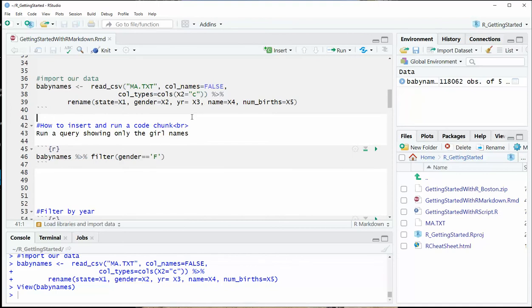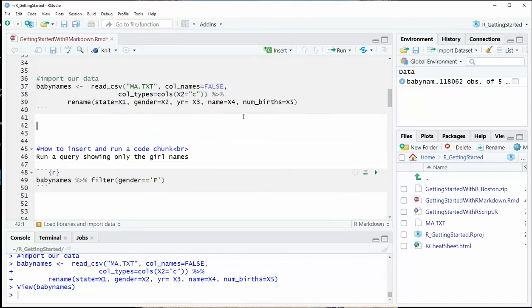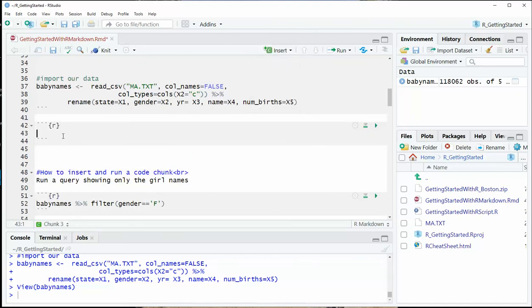So you can insert a new chunk of code by going to Insert and choosing R. And you can see that there's all kinds of other things you can insert into a Markdown page. We're going to stick with R, and see now we have this little bit of code. So we can say, let's use the baby names table, and I'm going to select, like we did in the last one, I'm going to select name, gender,